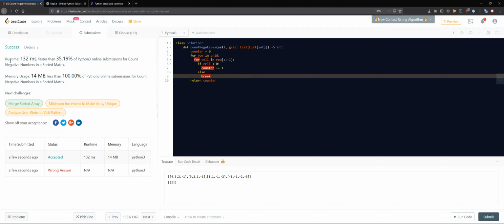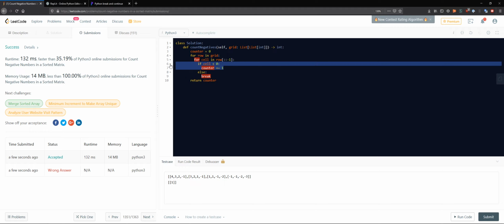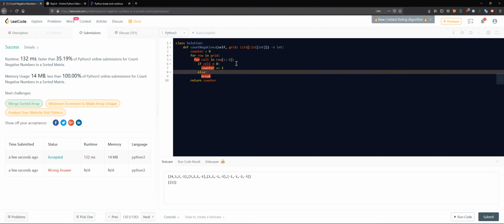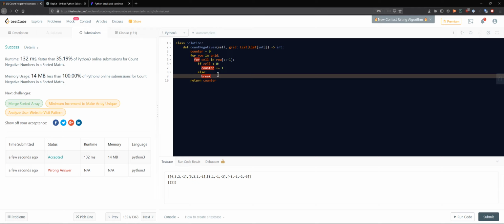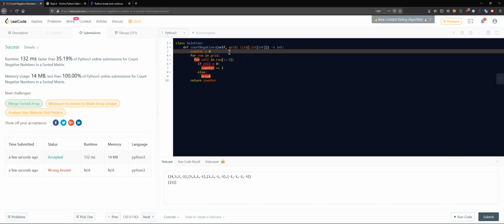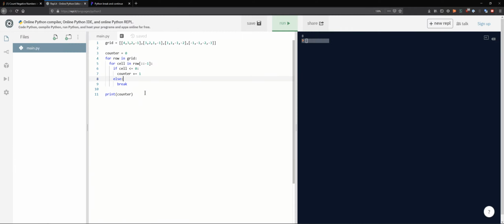So let's see, my runtime was actually not that fast. Probably some people did some stuff better. I'm assuming something with this counter math was not up to snuff, and maybe the optimization for the rows and columns. Maybe we can do that. Why not? How can we get the dimensions? If we have a grid